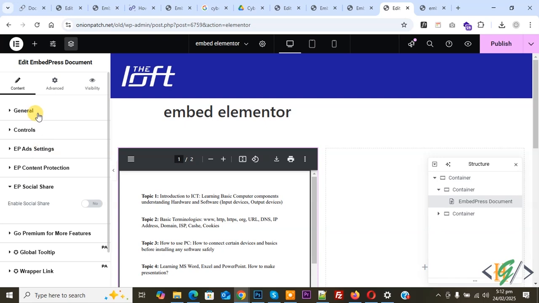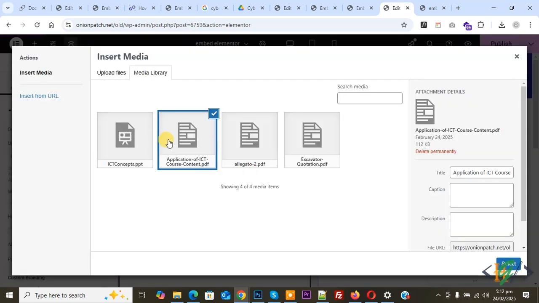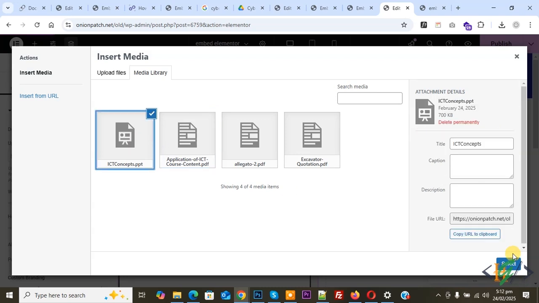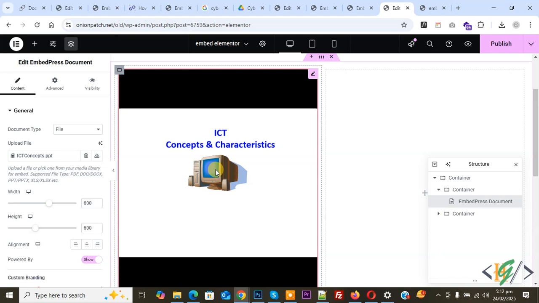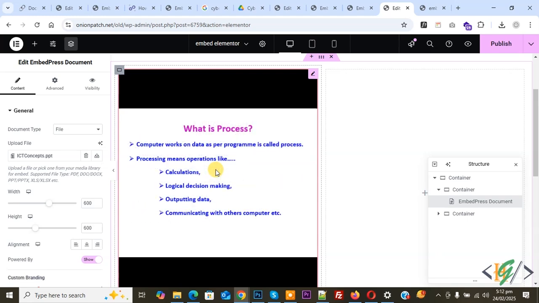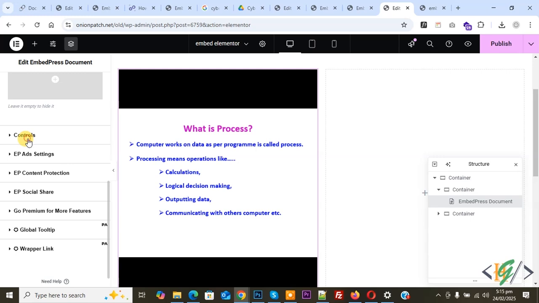Again click on General and then you see Upload, so click on it. So we are going to upload the PPT. Now select and then click on Select. Now you see this is a PPT file. Now click on it. Now you see, on the left side you see Controls, so click on it and then